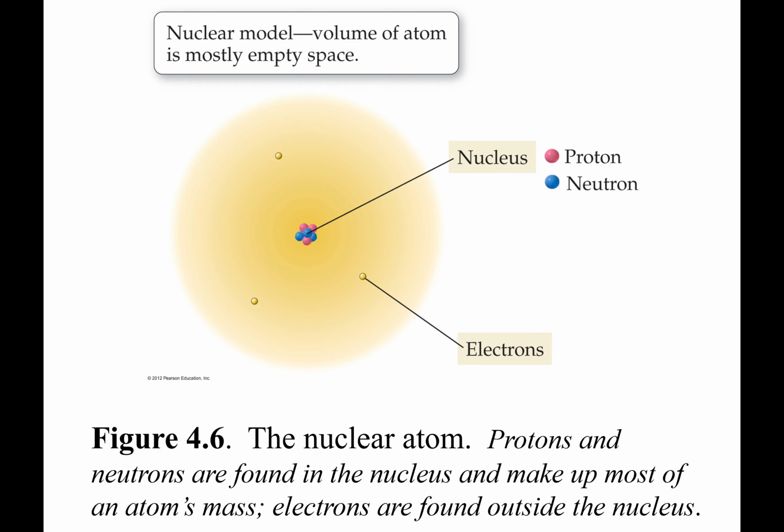So this is kind of what we're talking about. We're talking about an atom. In the center, you see the 2 colors, and the 2 colors represent... this one is color-coded. The red ones are the protons, and the blue ones are the neutrons. And they are in the nucleus. And so you already, based upon the whole BB and 5-story or 10-story building, have a sense that we can't really depict an atom and an electron cloud on paper like it really is. But we can kind of show the electron cloud outside the nucleus.